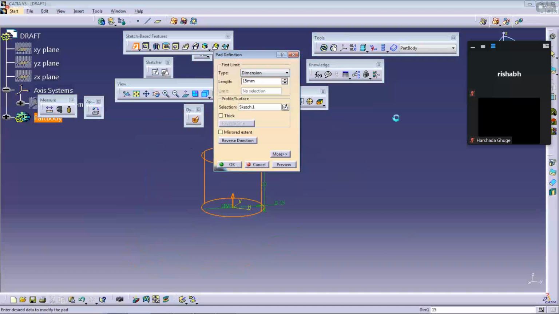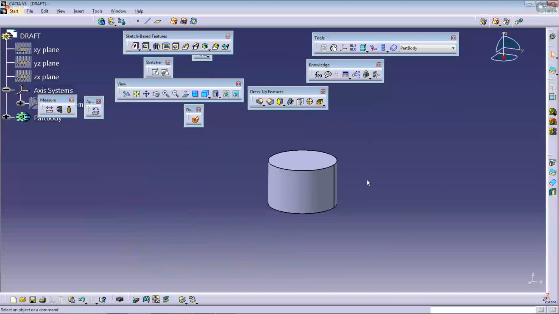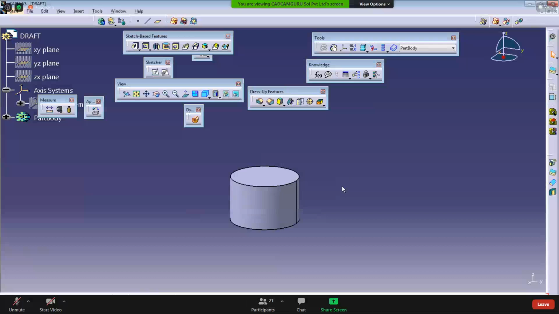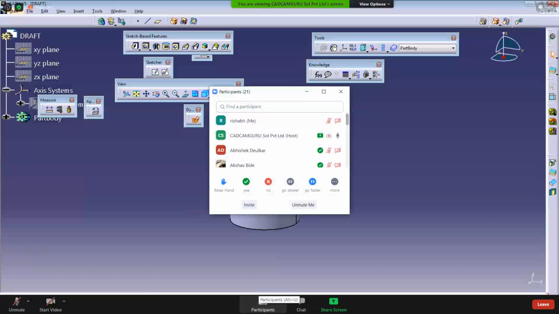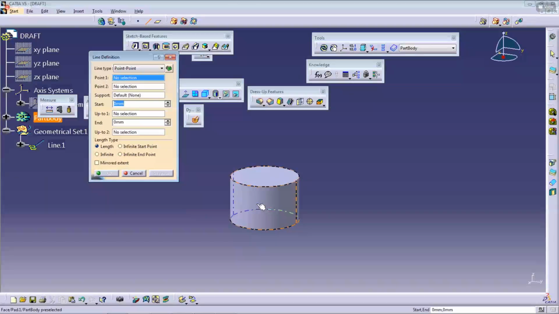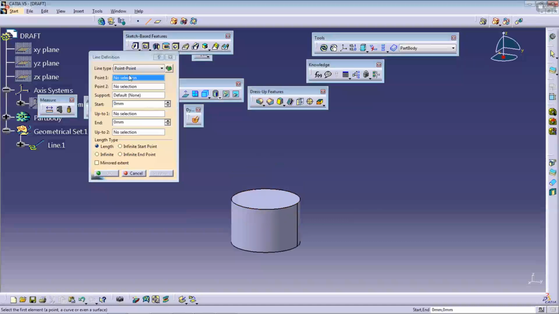I'm taking this 15 size. Okay. Now here I'm defining the tooling direction. So just select this line and create the tool direction from this.